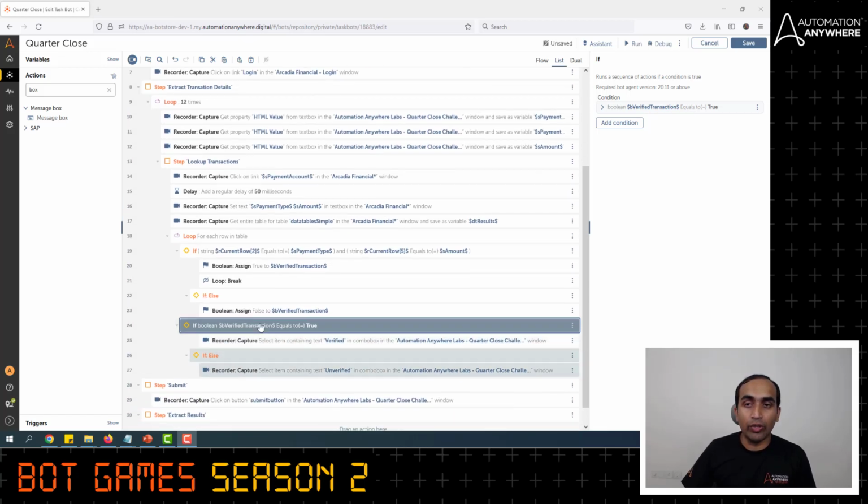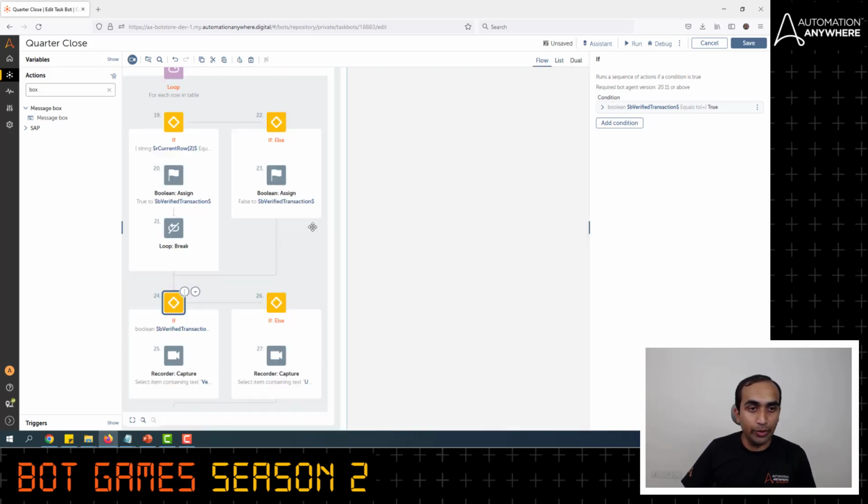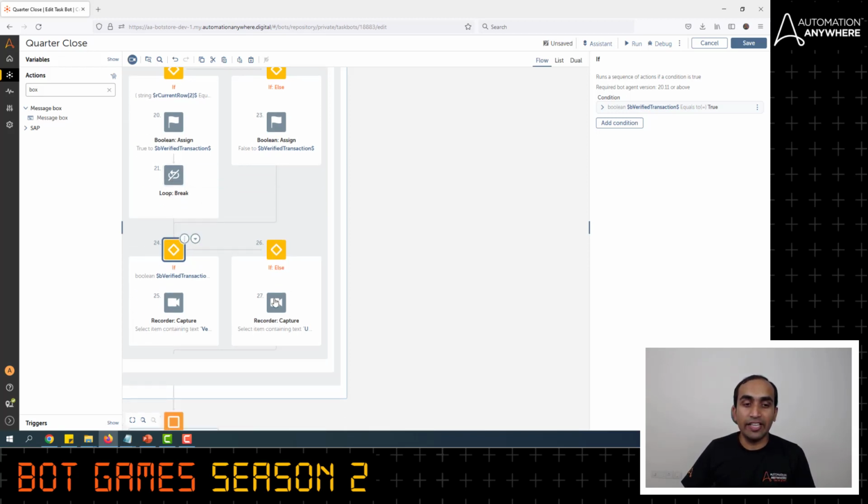So the better way to look at it is using the flow view. So let me show you here. Whenever the Boolean value is true, it is breaking out of the loop, and because of which this if condition is not getting executed. So the only change we have to make is bring this out of the loop,